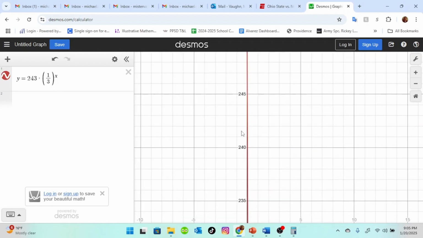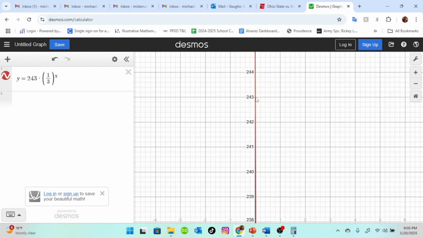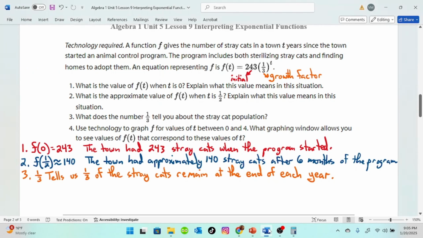So if we zoom in here, we'll be able to see that at 0, the y value is 243. So that means to answer our question,